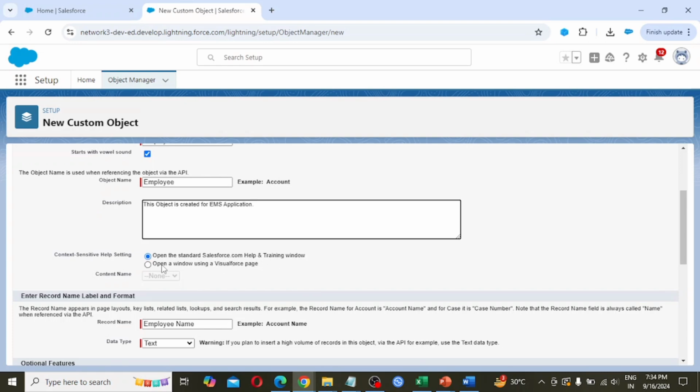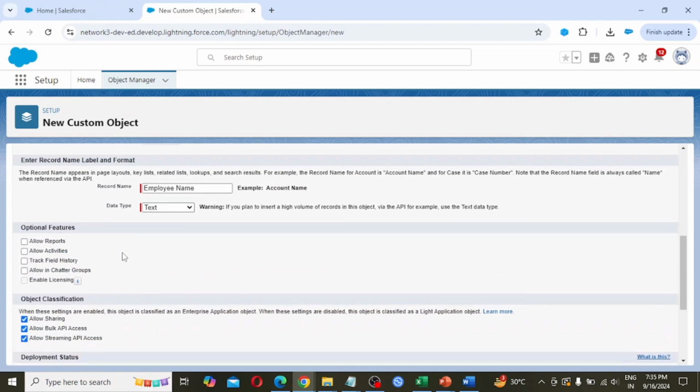By default we are getting a help window. Or we can open a window using a Visualforce page to customize the information for this object; we have to choose this radio button and select the Visualforce page. But for now, as we are new to Salesforce, we are going with the default one.